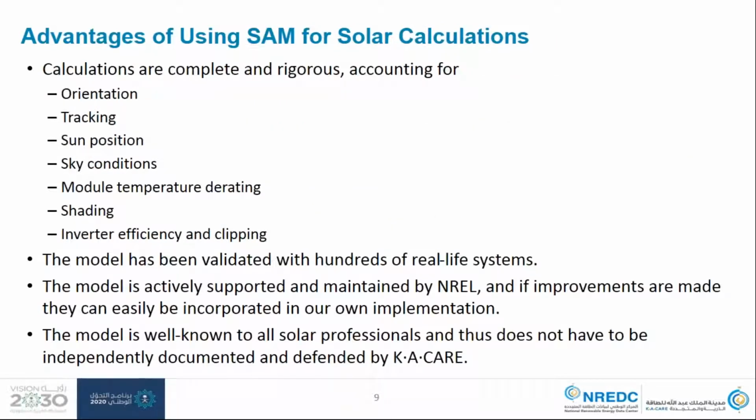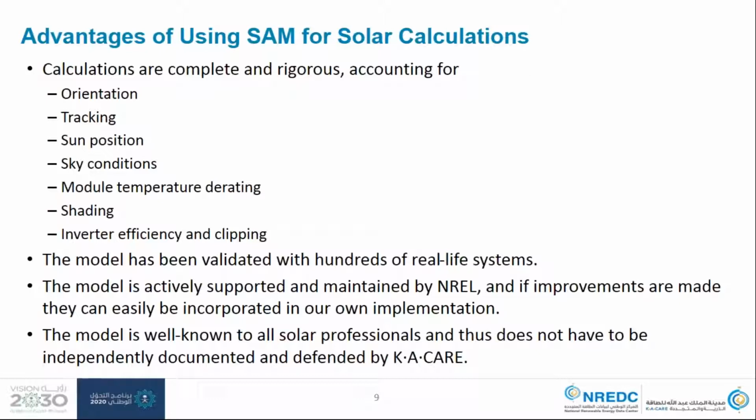And I wanted to just say, from our perspective, why we think using SAM is good. I mean, one could always write their own solar simulator, but we think there are some big advantages to us of using SAM. First of all, it saved us a lot of time. We think that it's obviously well validated. PV Watts is not as complete maybe as the detailed model, but for the inputs that are provided, it provides a complete simulation, and it's well known.